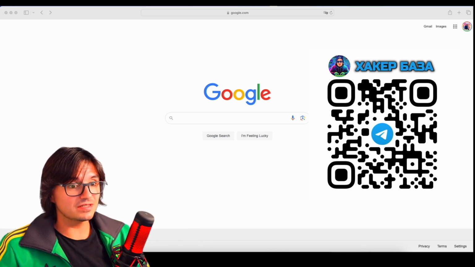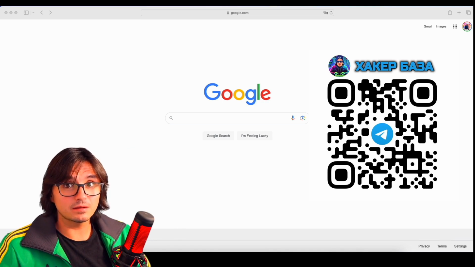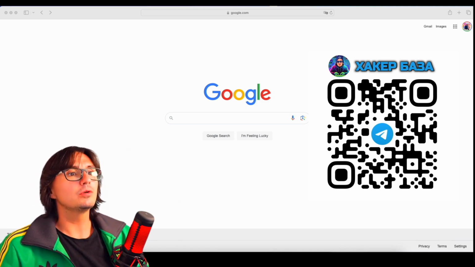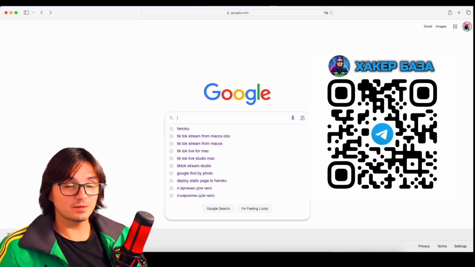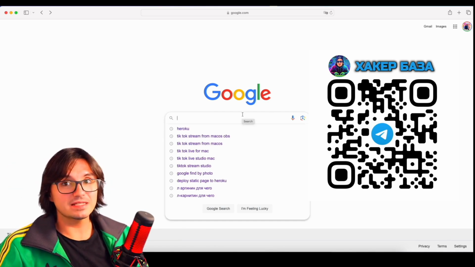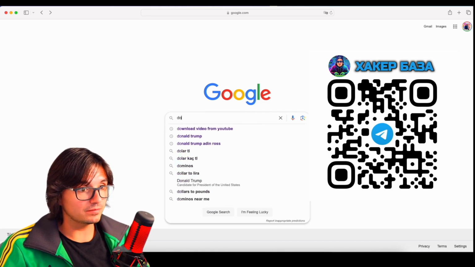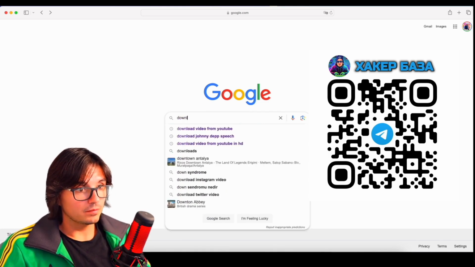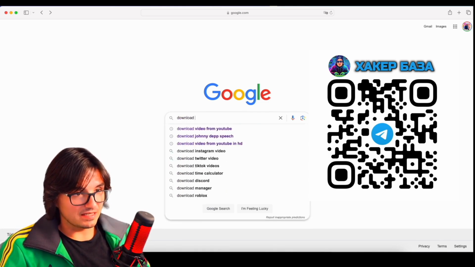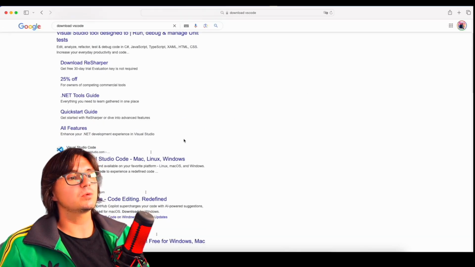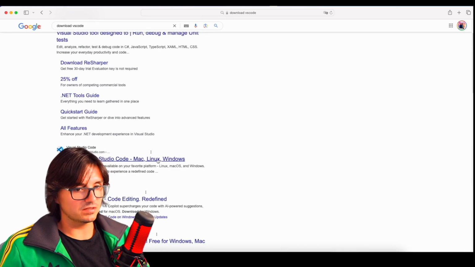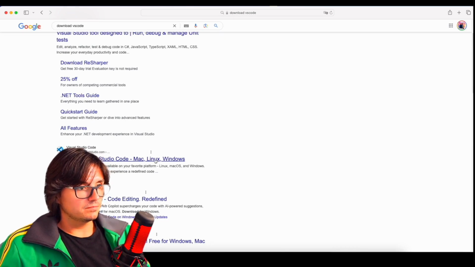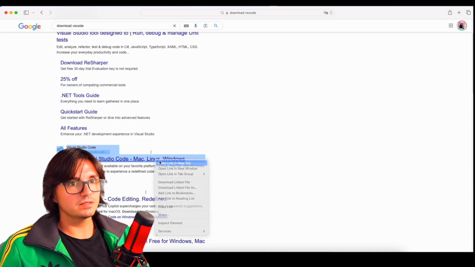The very first thing we need to do is download our tool, which we will use for programming. This is your toolbox, your hammer, from which you can build a house. What do we need to type? We need to type download in Google. VS Code is where you will actually be writing code. It is called an IDE, an integrated development environment. That is your environment for development. So we go here